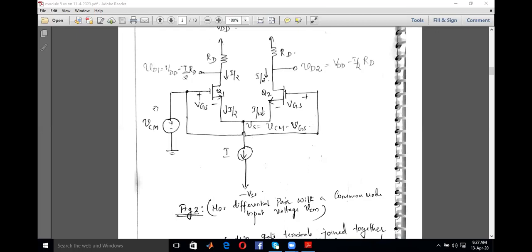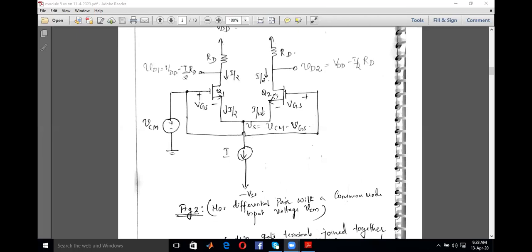Understood? So in the common mode operation, your amplifier is not actually working. You are not getting any amplified version of your input, because the input is within the common mode range. Only if the input is within the common mode range are you expecting the same current flow. Keep that in mind. There is a range, and only if your input is within that range are you expecting the same current flow through the two transistors.